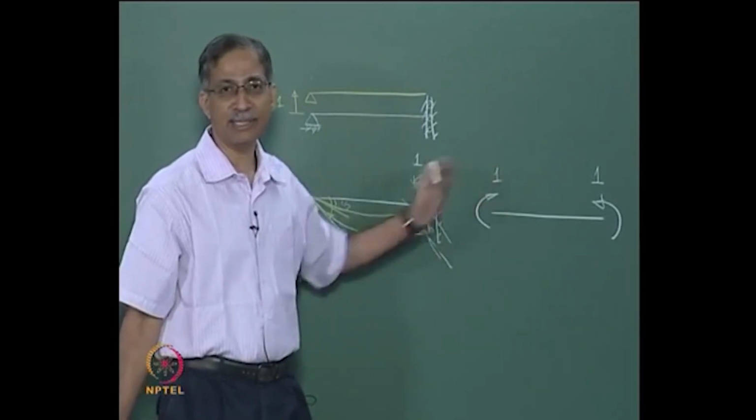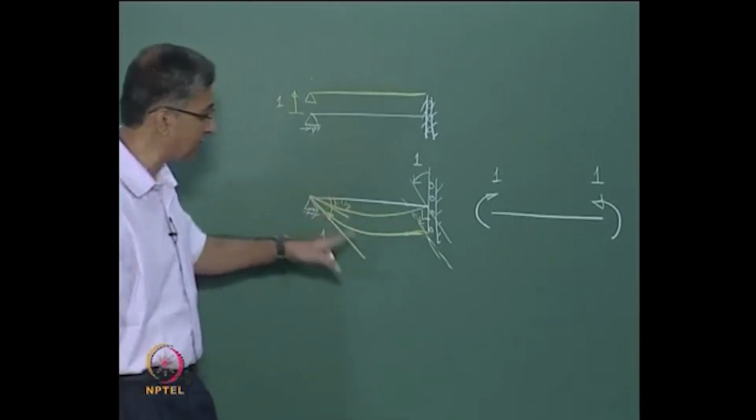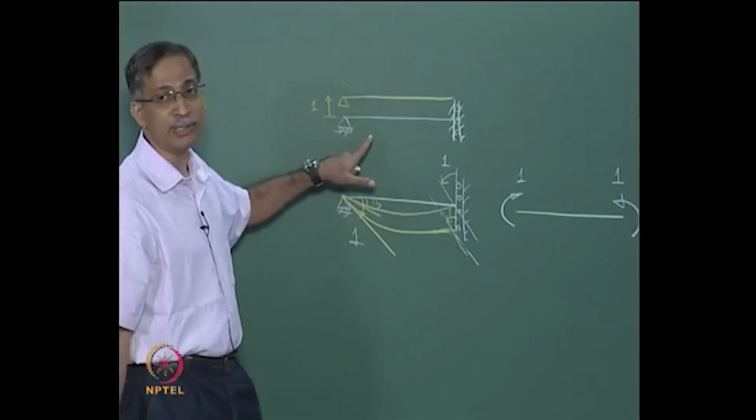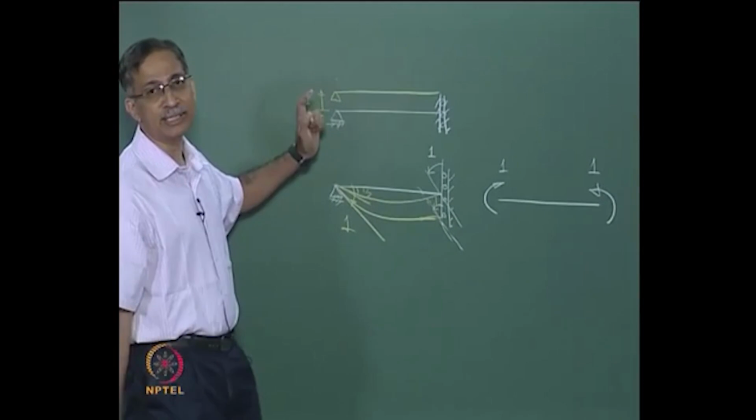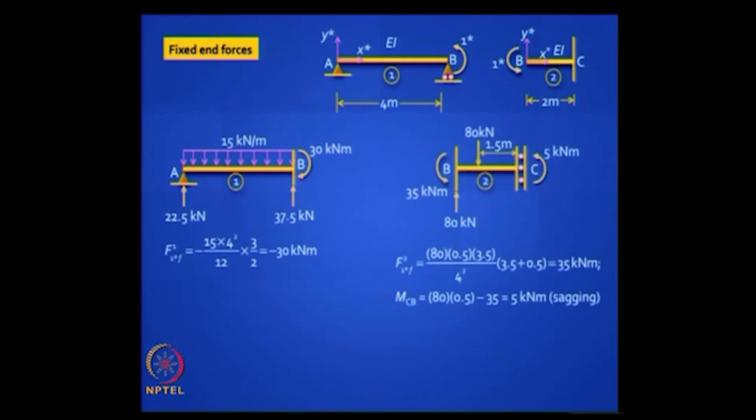Okay, so there are two explanations why you need to put -1 when you are dealing with this case, and you have to put 0 when you are dealing with this case, because there is no rotation happening in this case. Fixed end forces, can you find out? Okay, let us look at fixed end forces. Fixed end forces for the first one